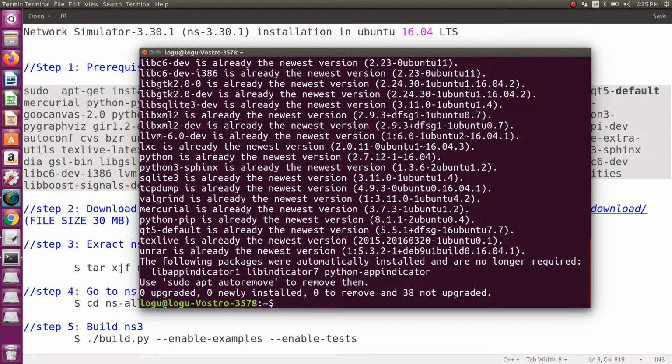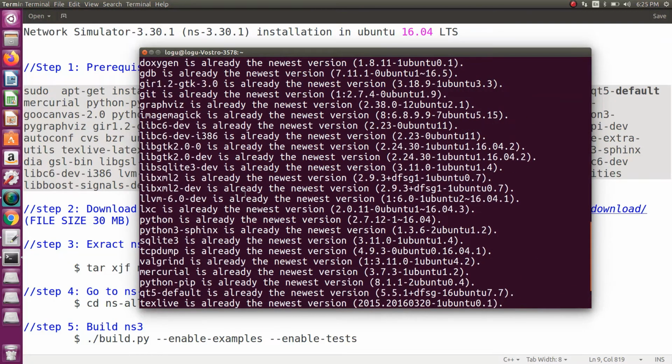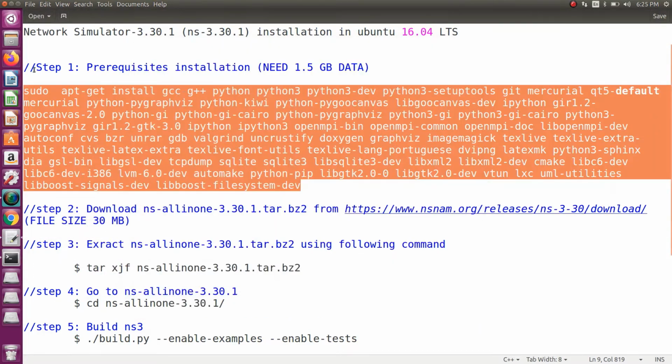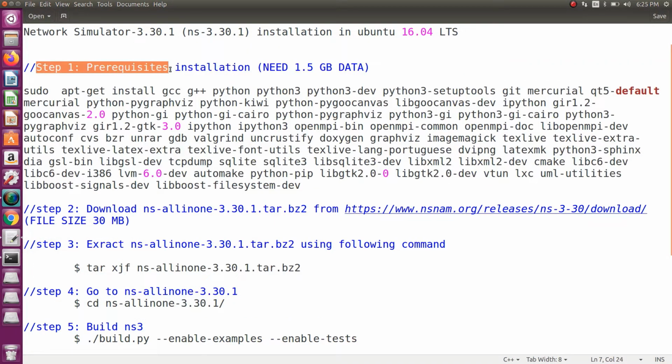In my system I already installed all the packages, so it will not download anything. If you want to install new ones, you have to install all the packages one by one. It will take around 1.5 GB of data. So this is step 1, prerequisite installations.